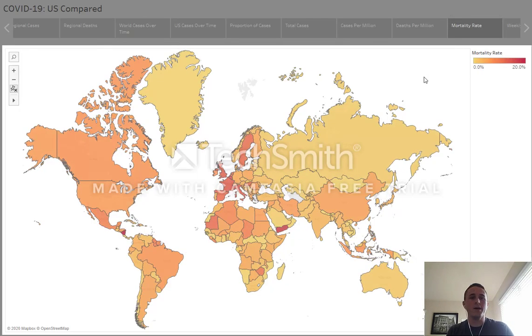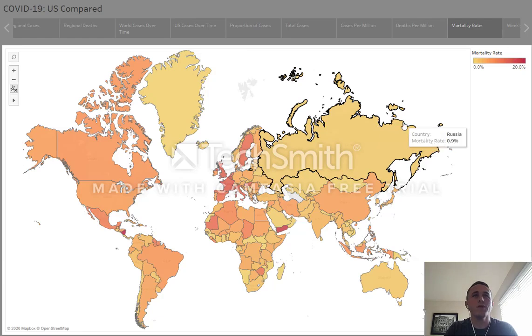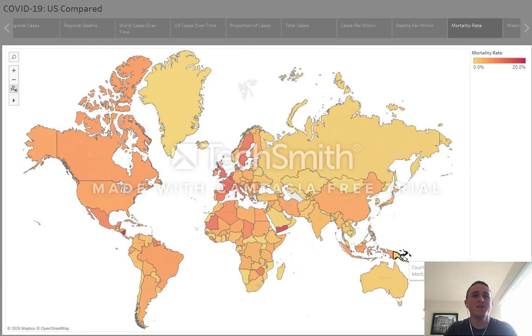All right, so mortality rate, basically of those getting sick, how many are dying as a percentage? So depending on the country, this varies anywhere from 0, granted that's not a true number, as some countries just haven't reported anything. So we're going from near 0 all the way up to 20, with some of the hardest hit places being Yemen, Mauritania, more of the Western European countries, and then we have Nicaragua, which actually is at 23.8%, throwing off the color scale on this map a little bit.